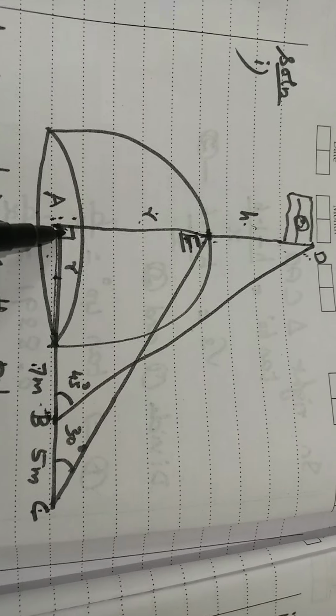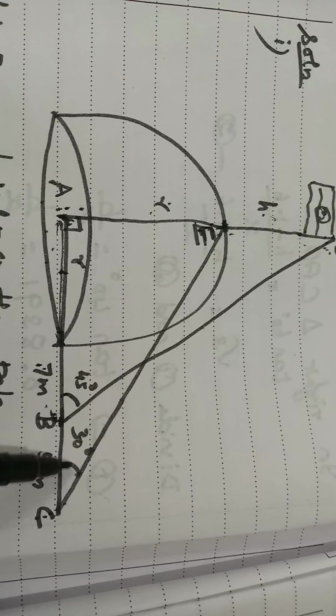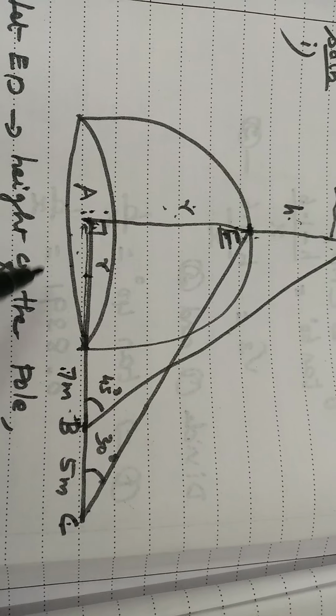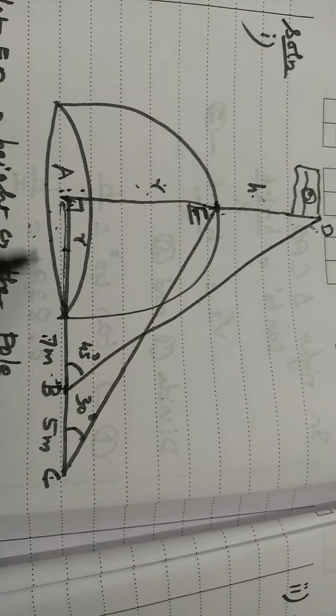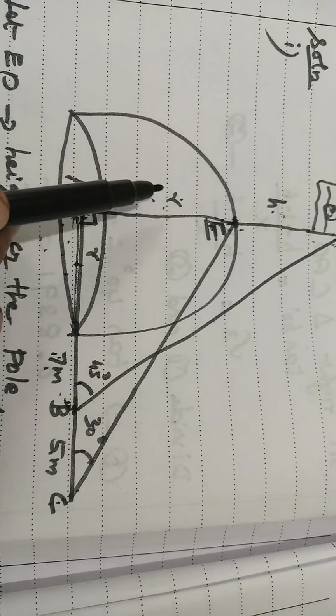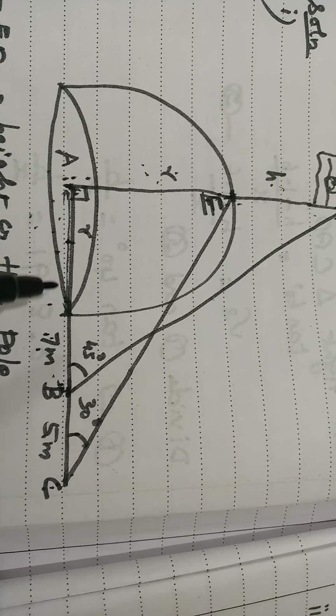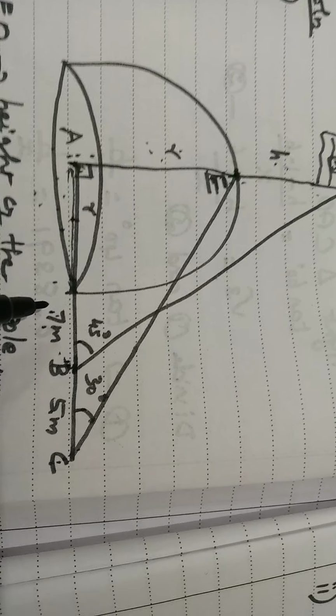CAE, right triangle. What is the angle of elevation? 30 degree. This opposite side we have to find out. Adjacent value is there. Okay, 7 plus 5 we have. This R we have to find out. So this opposite and adjacent only we need to use. This hypotenuse part is not necessary. So better we can use the tan ratio.